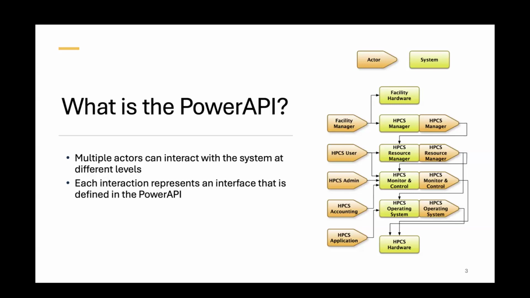And so with many different actors, there are many different entrance points. For example, you might have a user who's dealing directly with the resource manager. What does this mean? Kubernetes, Slurm, whatever your independent resource manager for allocating resources on the system is, the user's interacting with that group. The HPC admin is dealing with many different items throughout the system, but we might also have somebody who's just doing accounting. All they want to do is come in and look at your overall, for example, power consumption over the last